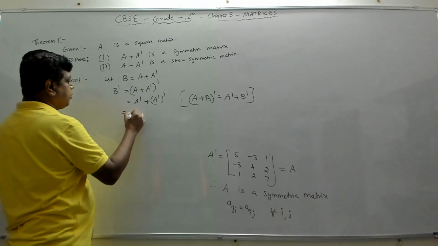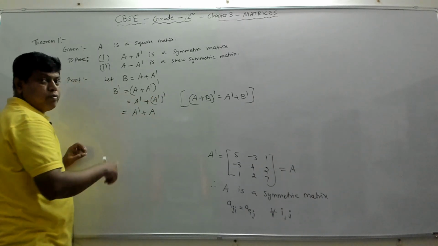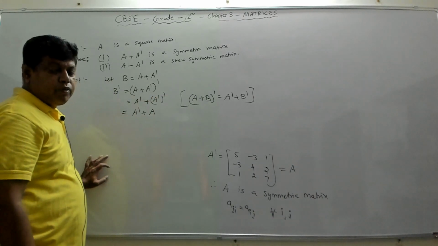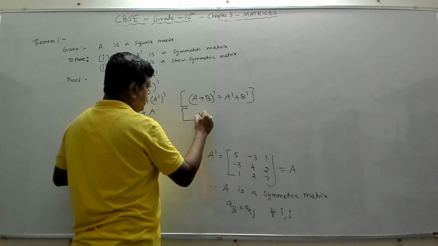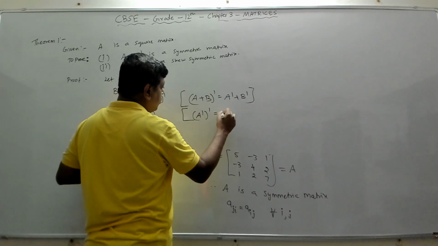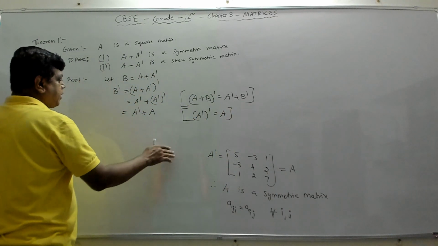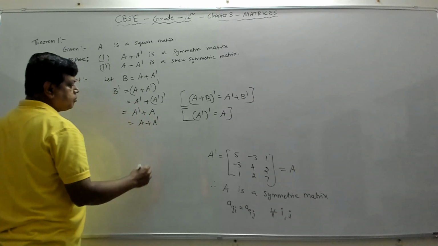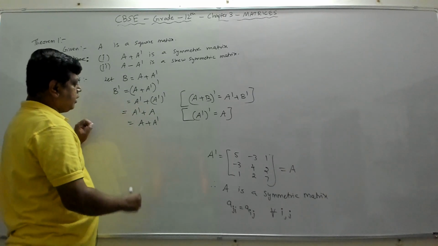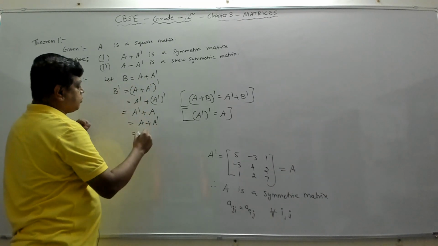Then that is equal to A transpose plus, what is A transpose whole transpose? That is A, again using the properties of transpose. The 4 properties that we studied, right? Because I am writing the reason here, A transpose whole transpose will be equal to A. This is again another property of the transpose of a matrix. Now what is A transpose plus A? I can write it as A plus A transpose. Right? And what is A plus A transpose? A plus A transpose is B. So we got back the matrix B.